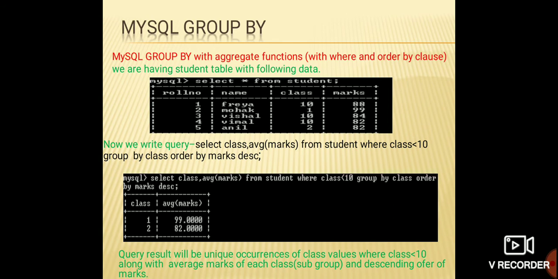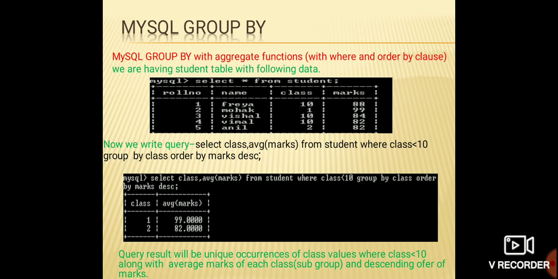with where and order by clause. If you want to give some conditions also with group by, then how could you give? Like my question is, I want to take out the class and the average marks of that existing class, where the class in which the student is studying should be less than class 10th. Okay, so I have only two classes, 1 and 2, where the student could study, since the question does not allow me to take the class 10th data.